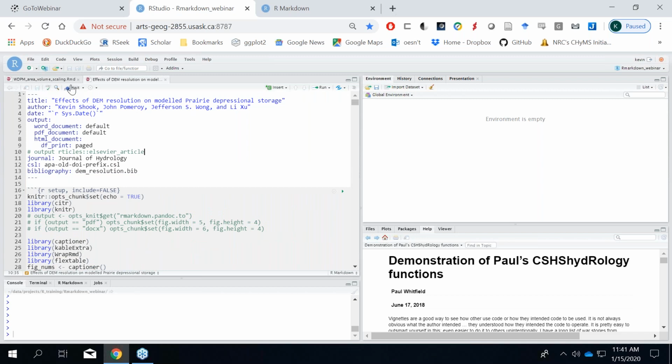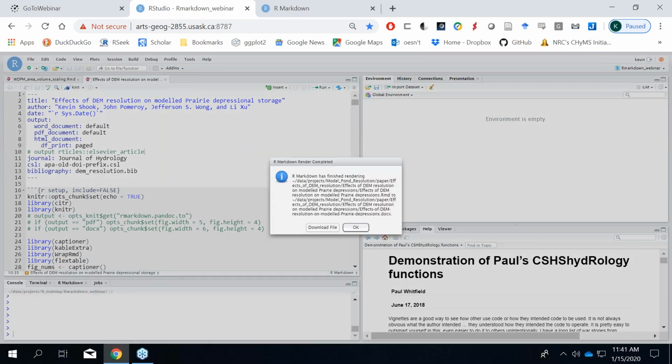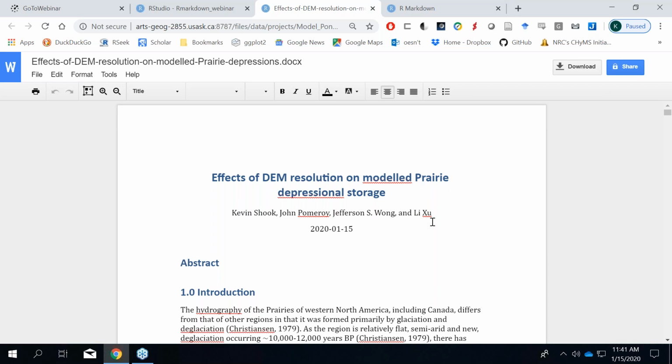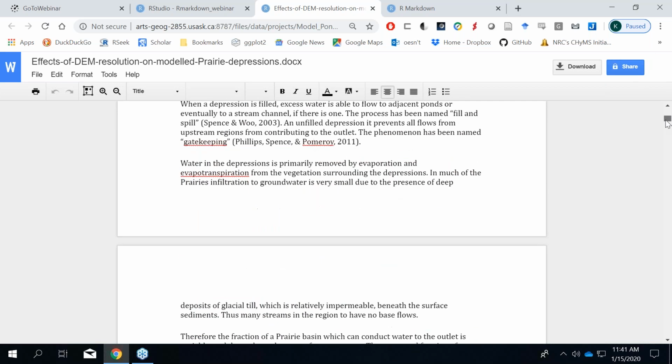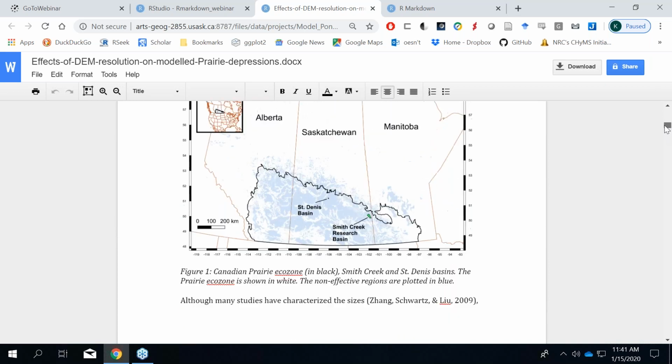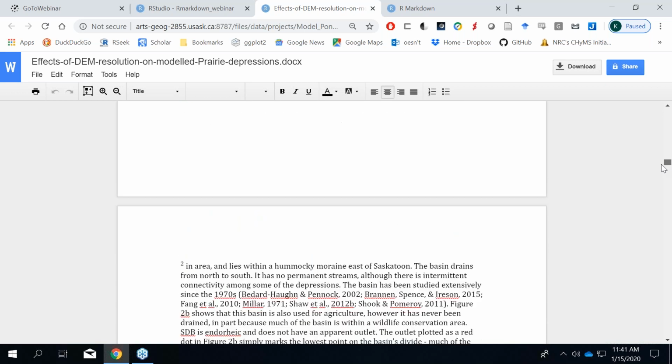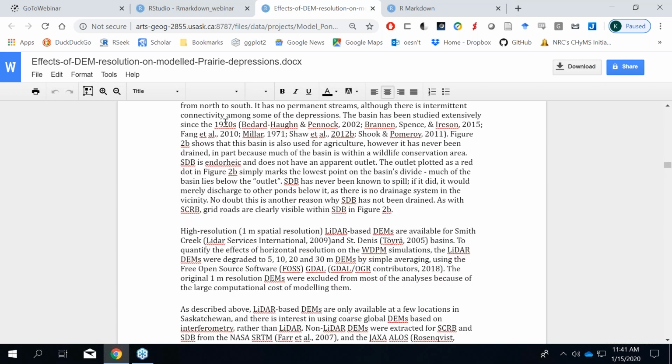So if I knit this document, it's going to produce a Word document. And so here we are. This is the Word document that I've been working on. You can see here are the figures in it. You'll notice that it has all the references which are formatted